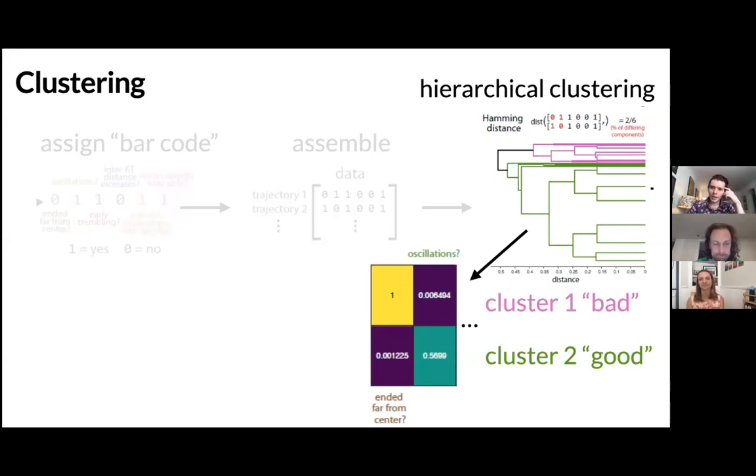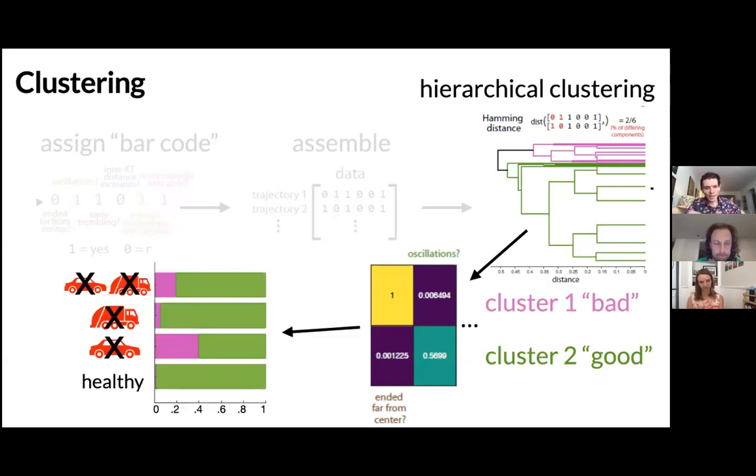But I think what's maybe most interesting is if you look at where these come from. I said I pooled all the data together, and so what I want to look at is this histogram for a moment. In healthy cells, green is good trajectories and purple are bad trajectories. What you see is in healthy cells, there basically are no mistakes. And that's good, right? You would hope that healthy cells can do mitosis basically error-free, and that's definitely what we